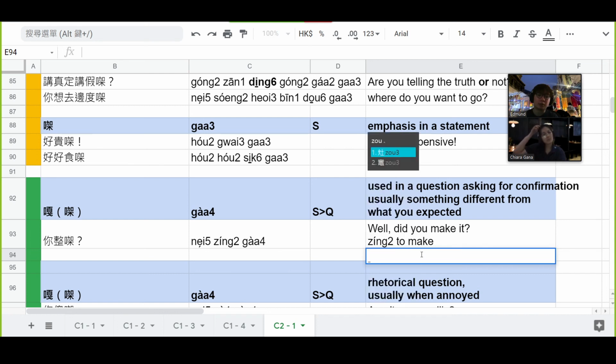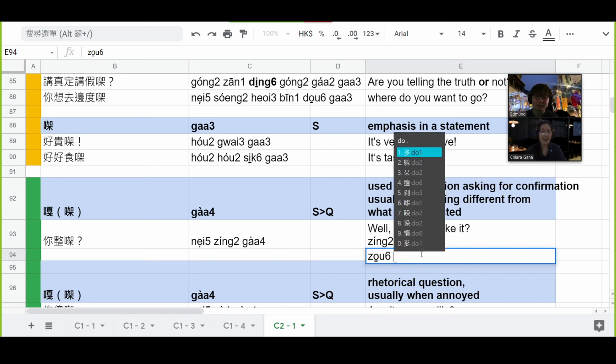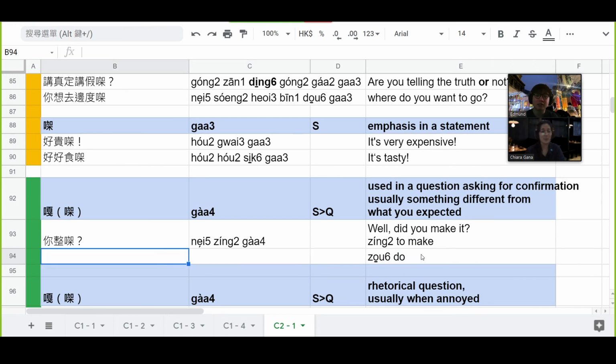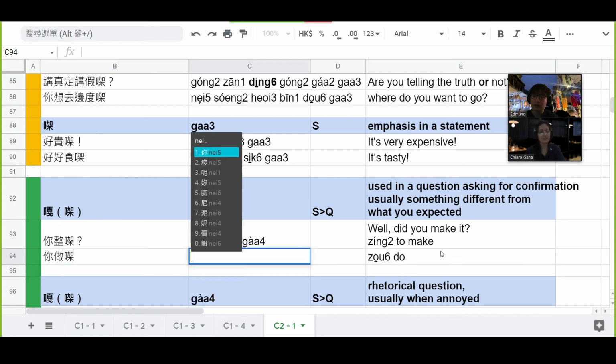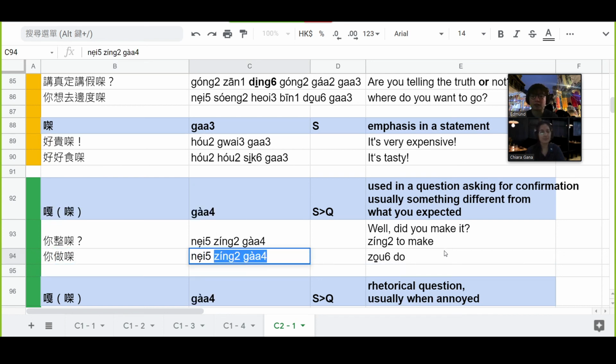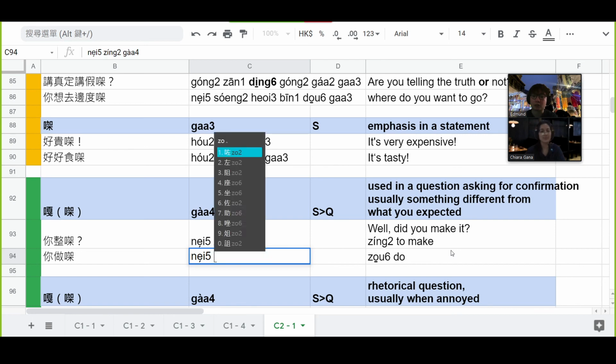Let's say there is a report or some random thing like a PowerPoint that you are going to submit to your boss, and then someone has done it for you. What will you say? 你做㗎？ 做 is to do. So, did you make it like that? Did you do it? 你做㗎？